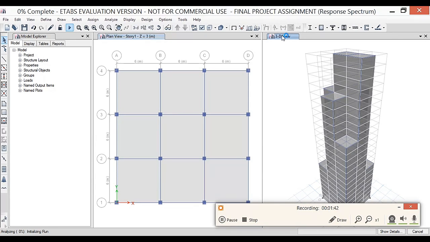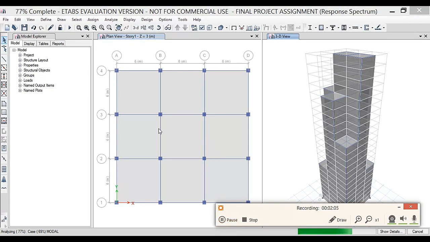You can go through Design, Concrete Frame Design, Start Design Check, which will carry out the design of all the different section properties, beams as well as columns. After the design is complete, we can verify it.